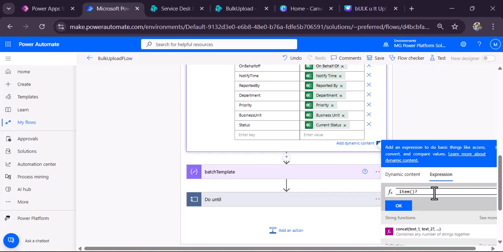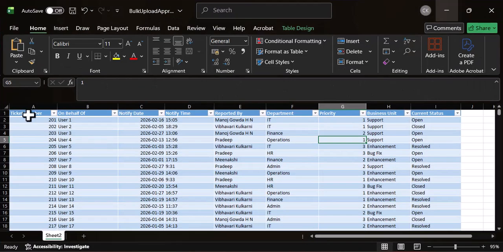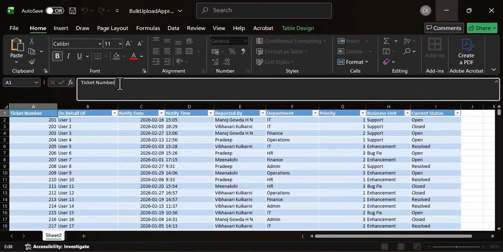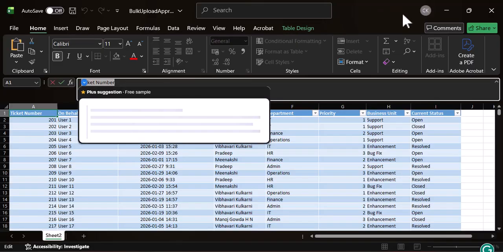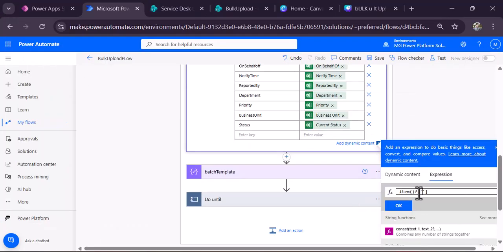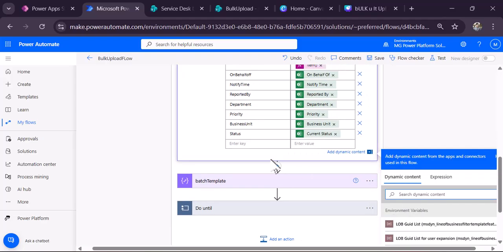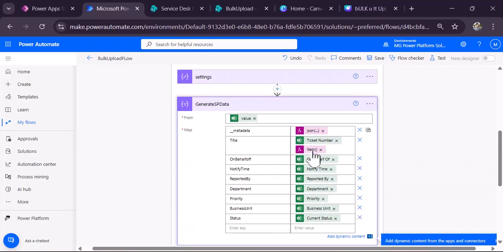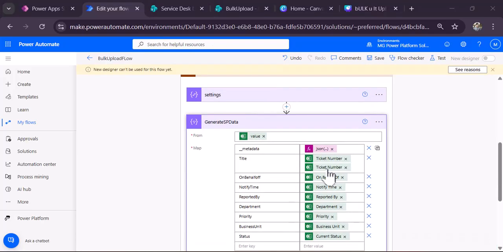item question mark in the square brackets within a single quotes, map from the Excel sheet. This is the ticket number. Let's copy the ticket number column name and then paste it inside the single quotes and click on the value. Then it will add here the item. Once you click on save and refresh the page, you can see the ticket number value has been mapped under